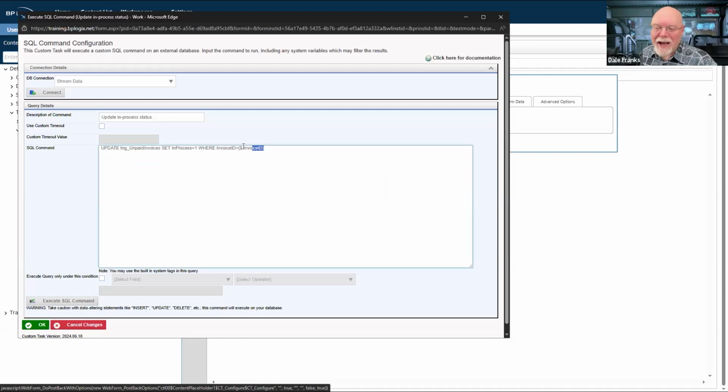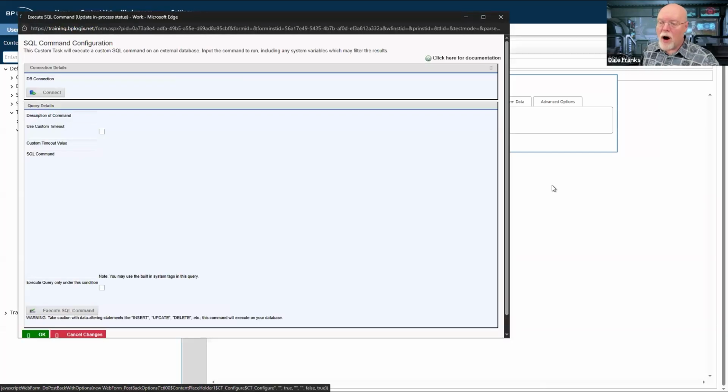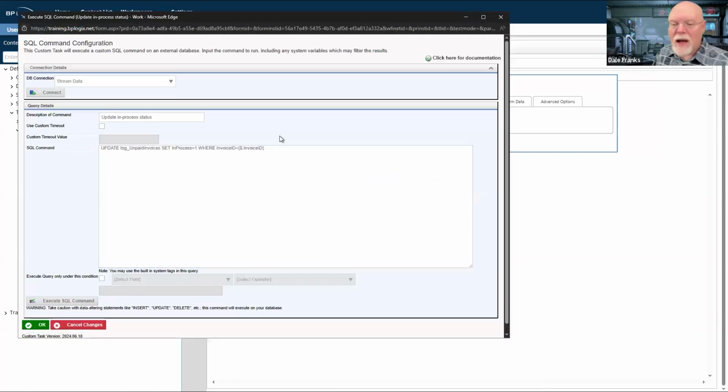And that means I need to be able to get it from the form via a system variable. So the set container form property is super important in this context because it specifies the form from which my data is going to come, which means it is the form whose form fields I can use as system variables in my SQL statement. So on the configure tab for this, I am just going to write the update command.